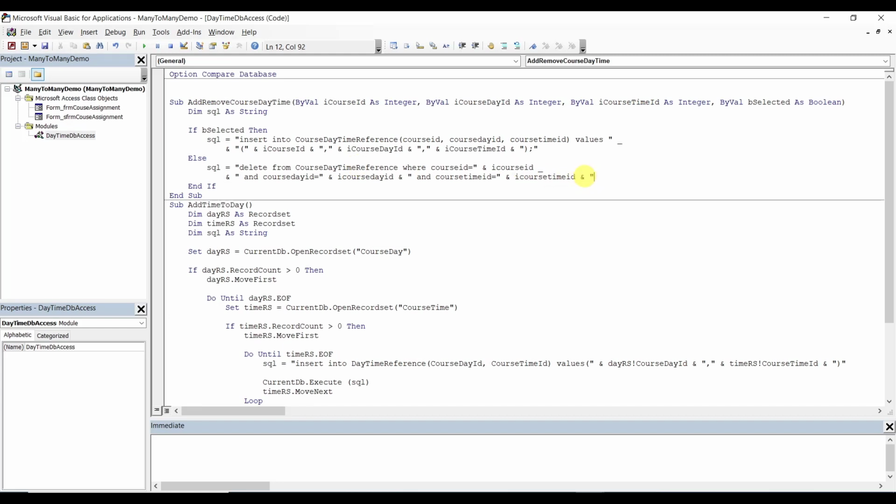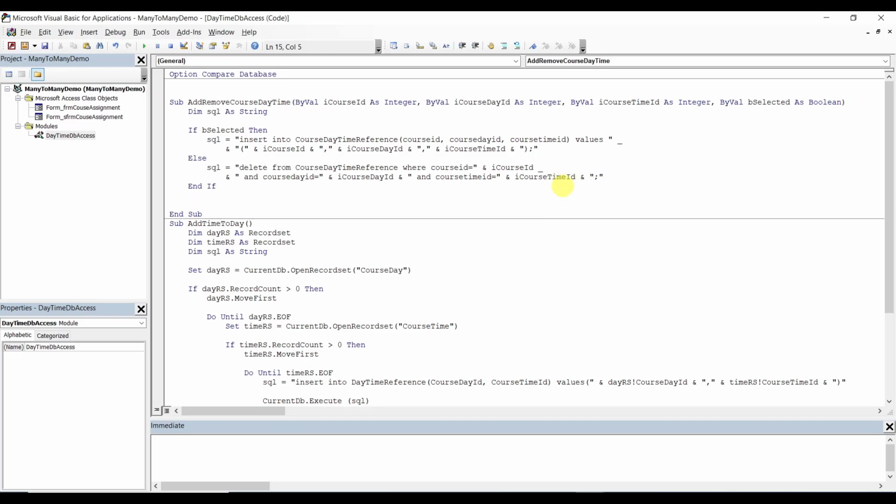Alright, so that's what we have. Okay, so this SQL will always be something, either this guy or this guy. That's it. So we finally say current db execute. Alright, that's that. That will perform two tasks. Alright, now